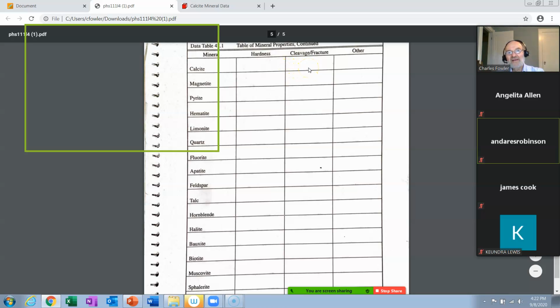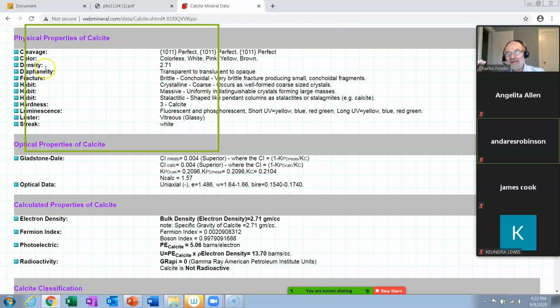That will do it. Now notice here it says other. Don't do other from the first pages. Here's what you put for other. Get this, people. What's the most important classification or property? It's density. So go back here to the calcite mineral data and look under density. There it is. Now that's actually not a density. That is specific gravity. So just put 2.71. You don't have to put specific gravity. It's obvious that's it. That's how you fill out the thing for calcite.